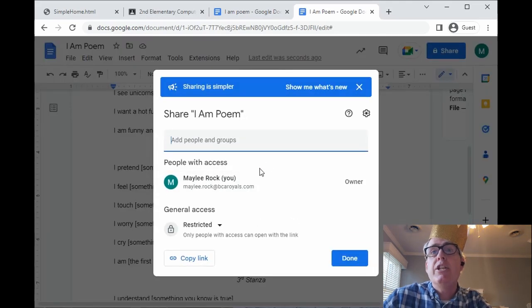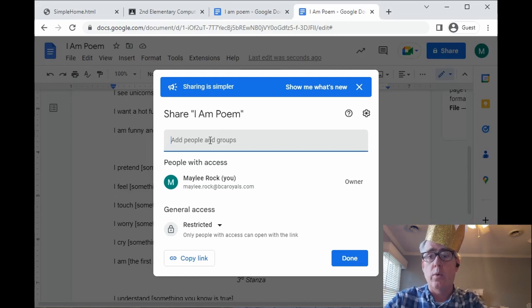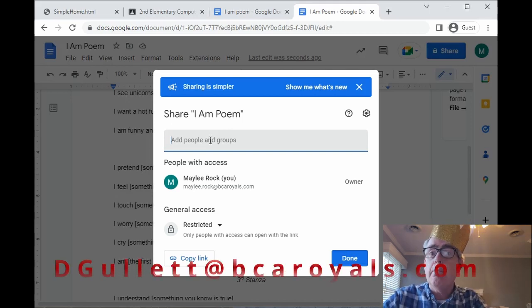Share. And look, there's Maylee. I could share this with Maylee. You could share this, or you should share this with me and my email address, which is right on the whiteboard, depending on where you're sitting. It's either that way or that way. I don't know where you're sitting. I don't know what side you're on. My email address is